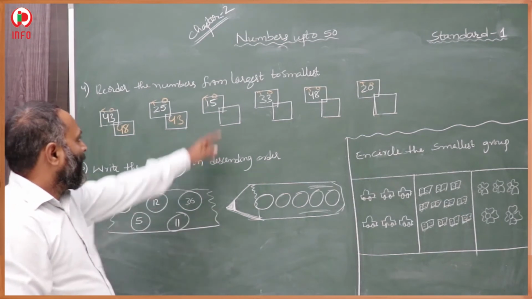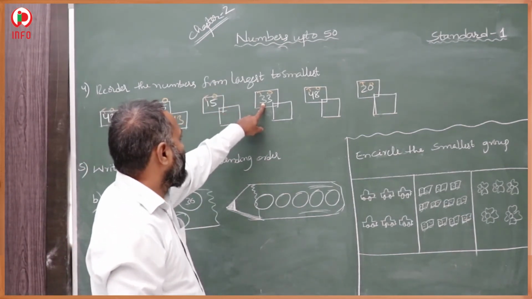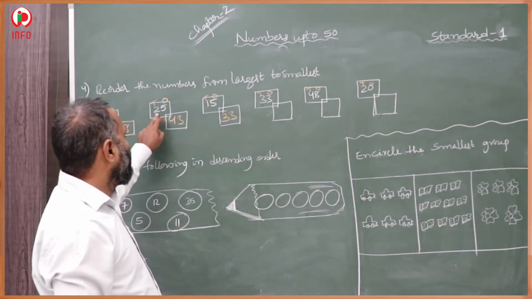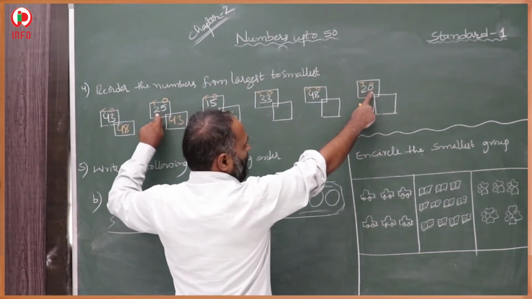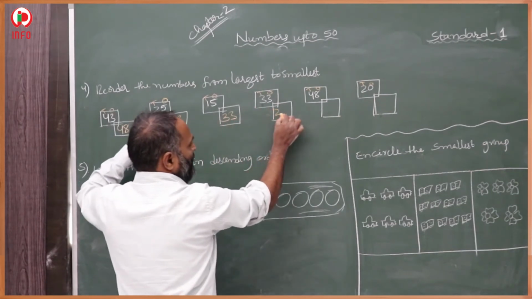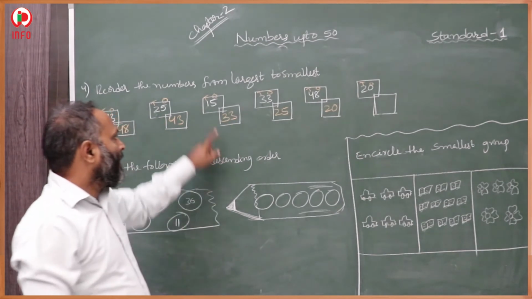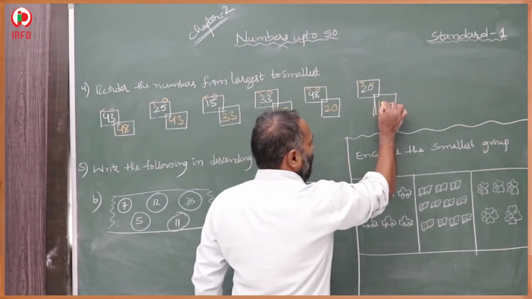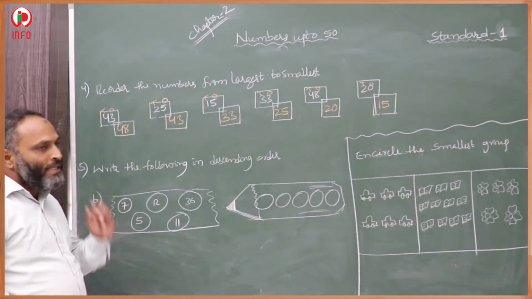Next, here 3 is there in tens place. This is smaller than 43. That is 33. Then after that, 2 in the tens digit, here and here: 20 and 25. Here 0 is there, so that is smaller and this is bigger. First 25 will come, then the smaller. And the last one is smallest in tens place, so that number will come last. In this way we have to arrange in descending order.